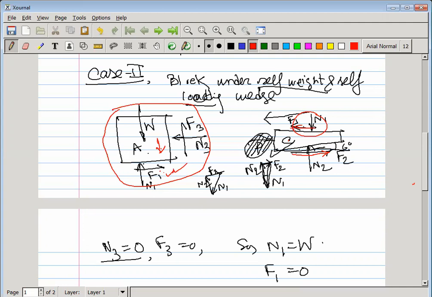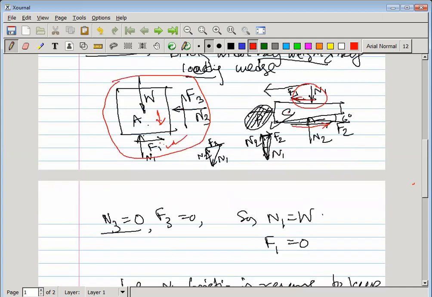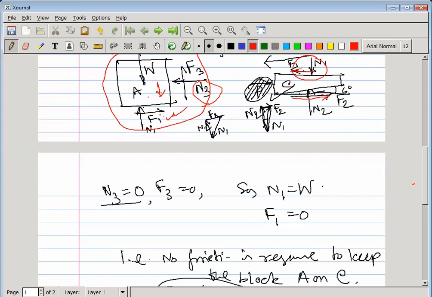Now is it clear? As this body is in this position, there is no normal force and no frictional force, because it is not moving. So the normal force is nothing but the weight of the body, and F is how much? Because it is self locked, F is also 0. Okay, remember this thing, as it is self locking. Only one thing matters, that is